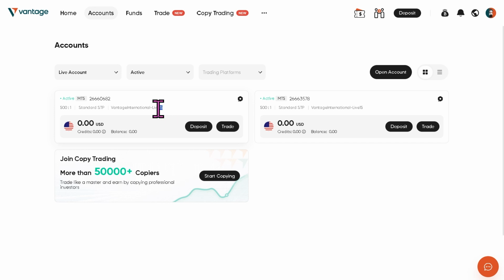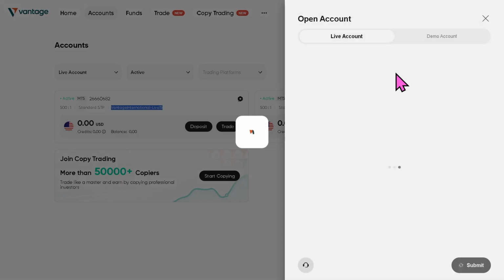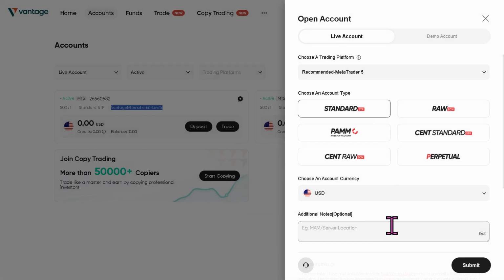Since we have something like that here, you see this? I want you to make sure you copy the exact server name. You'll need this, for example, if you want to open another account, okay? For example, let's say we're going to open another account here in MetaTrader 5. We are going to choose a standard, currency is US dollars, and we can add another server right here